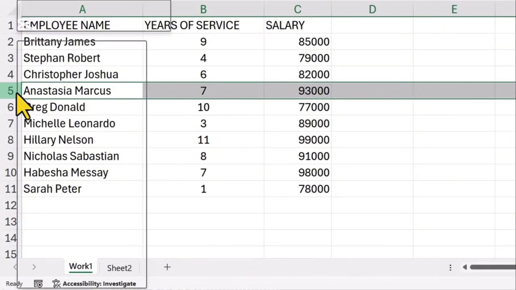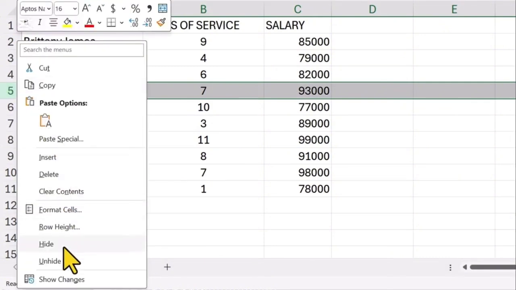In the same way, you can insert new rows, hide and unhide, or delete